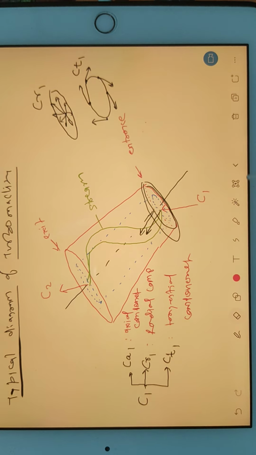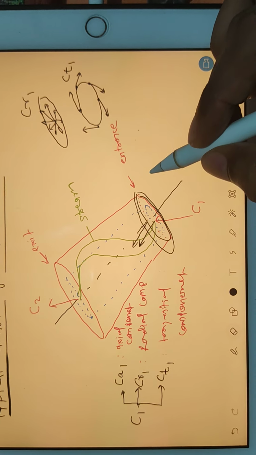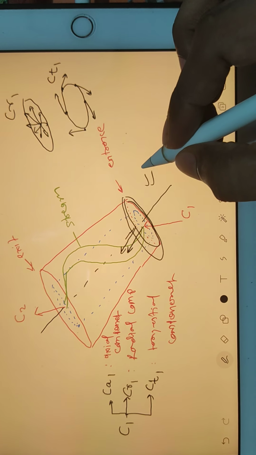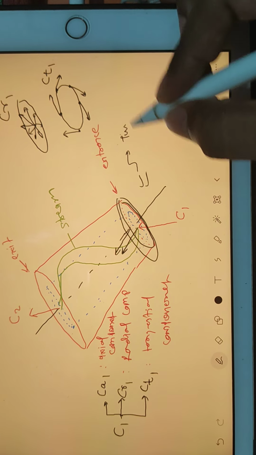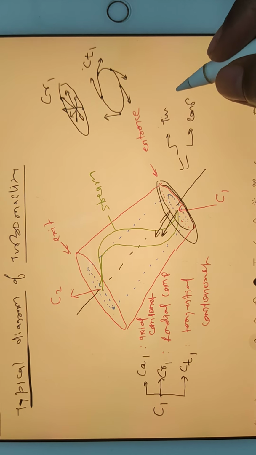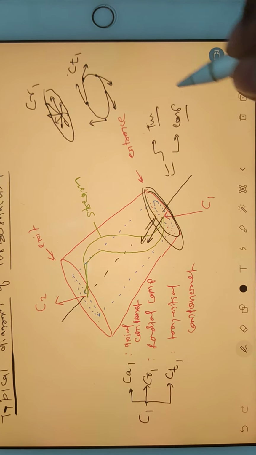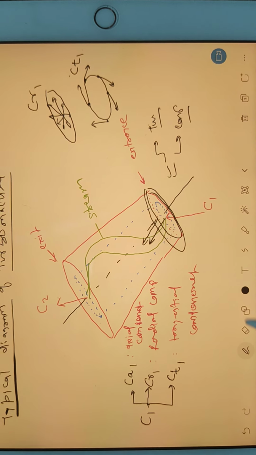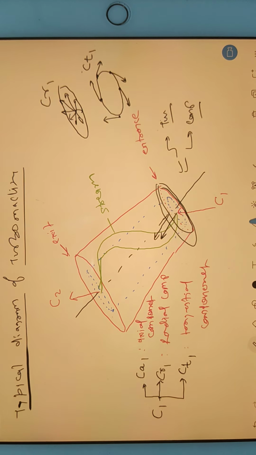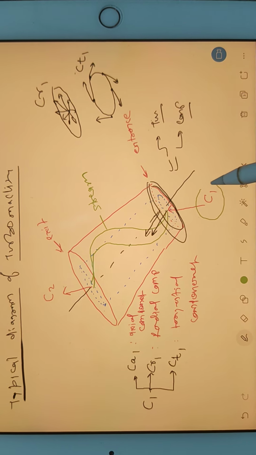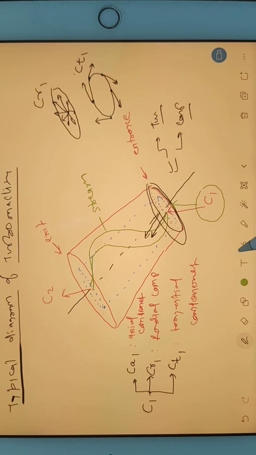Currently, whatever you are seeing, this model, it is a simple turbo machine. It can be a turbine also, it can be a compressor also, but there are some mathematical terms involved. To understand those mathematical terms, first of all we have to understand the components of the velocity. For that I have taken the flow entering into the entrance.